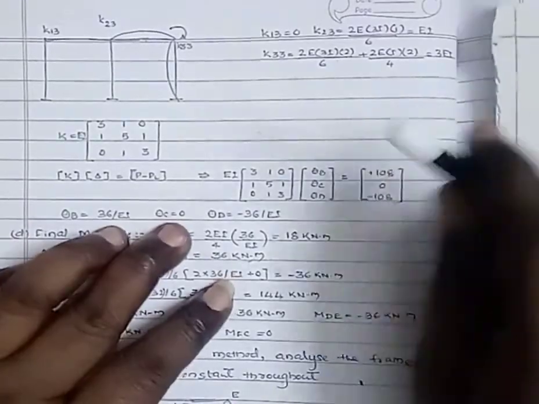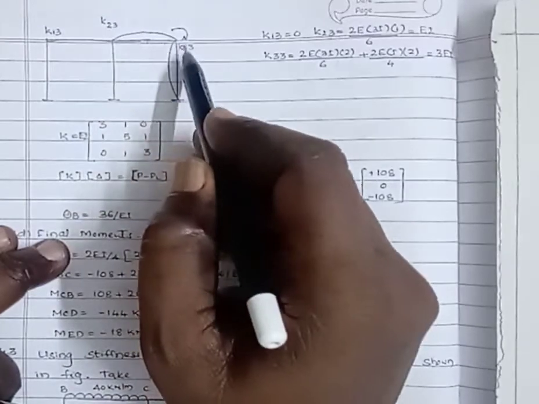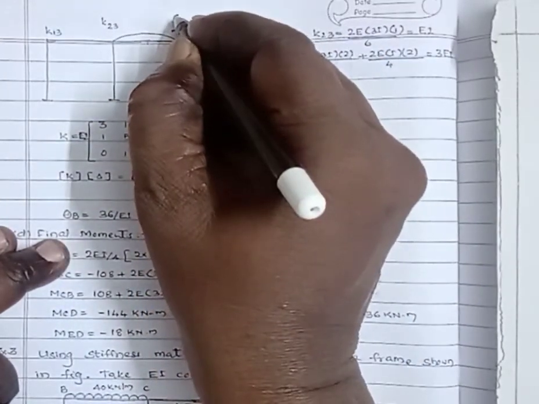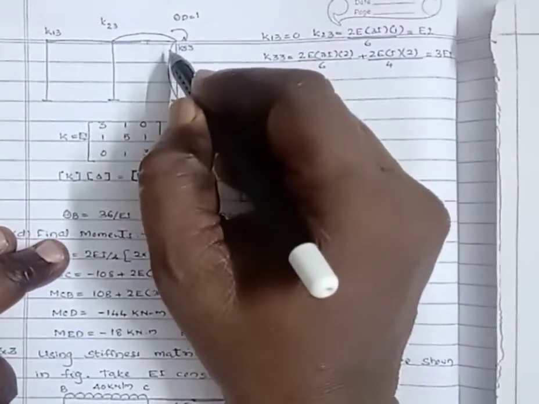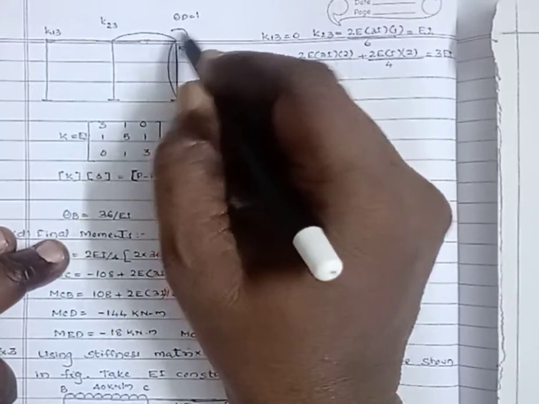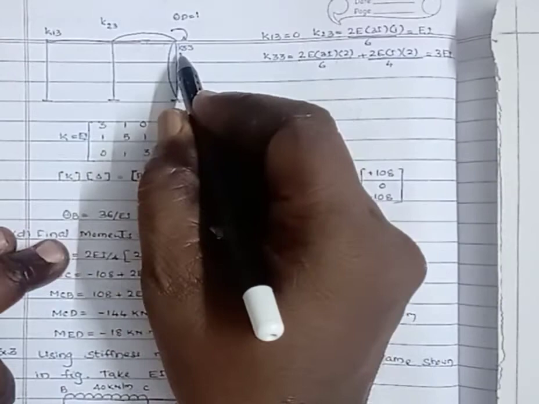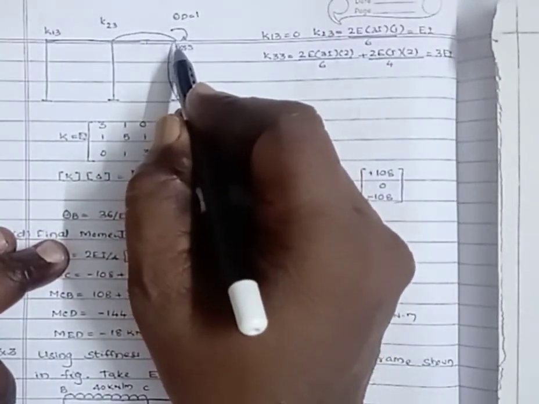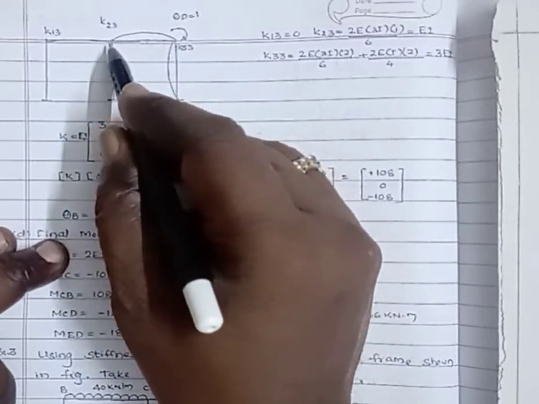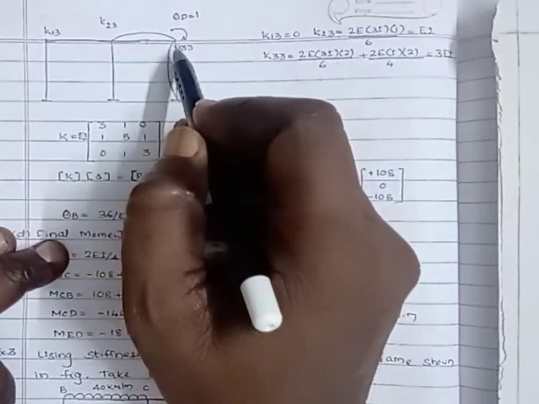Then, as shown in figure, due to the unit rotation at 3, the various spans will undergo deformation like this. This one is theta d, that equals 1. Here, in clockwise direction, if we apply the unit rotation at coordinate 3, this one is coordinate 1, this one is coordinate 2, this one is coordinate 3. Both the horizontal member and vertical members will undergo deformation. Here, two members are connected. This one is DC, this one is DE. Both the spans will undergo deformation.